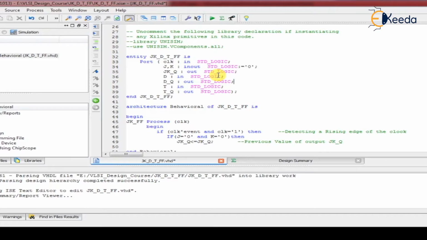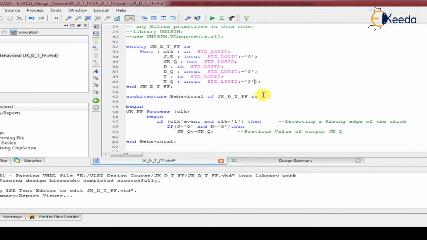All flip-flops we are keeping at a reset initial value. We can assign the initial value using this variable assignment, because right now in our code we are not using a reset and preset condition. That's what I am assigning here, initial values of logic 0. So the first condition is over.